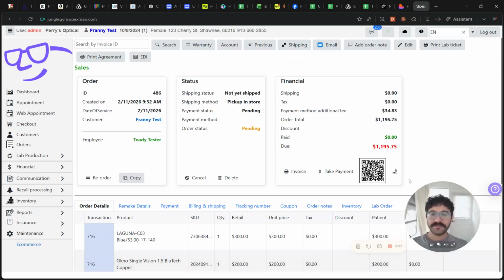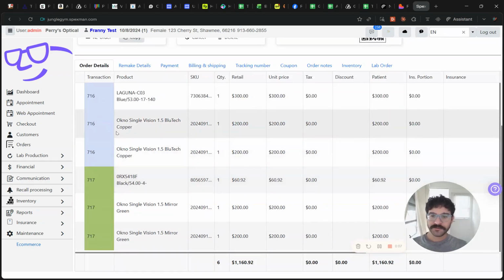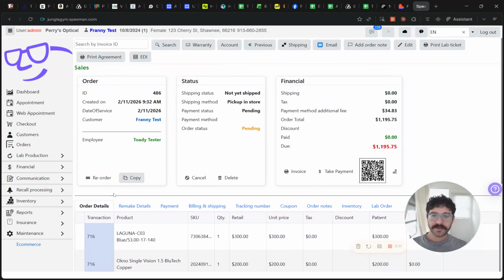Here's how to receive one order within SpexMan that has multiple jobs on it. You can see here on the screen we have one job in blue, one in green. And one job comes in from the lab today, and then the next job will come in tomorrow, let's say. But the patient wants to pick up things as soon as they come in. They're anxious to get them, wear them, enjoy